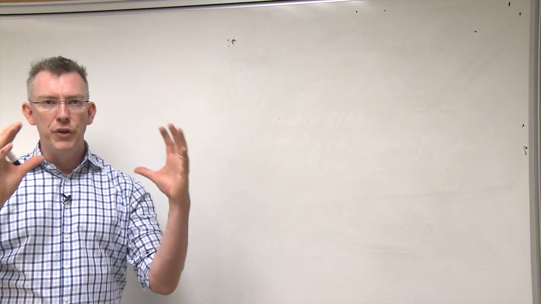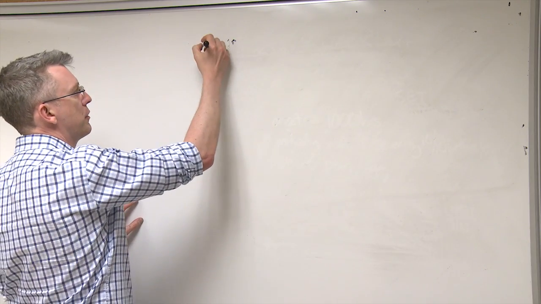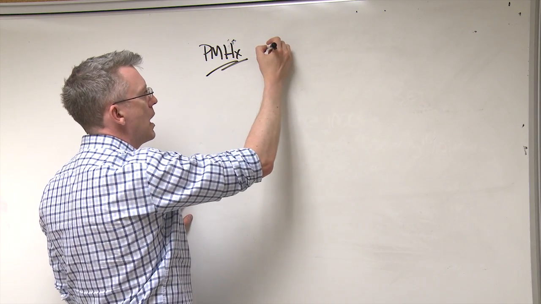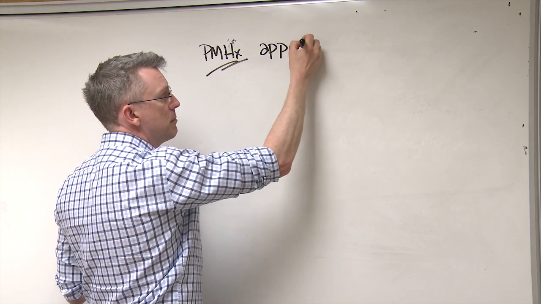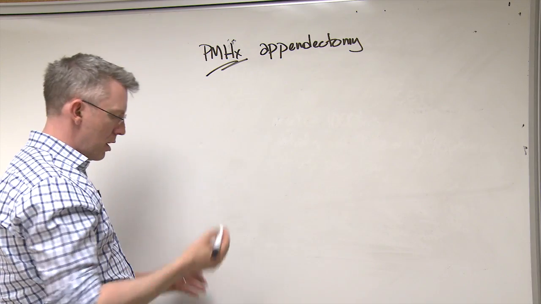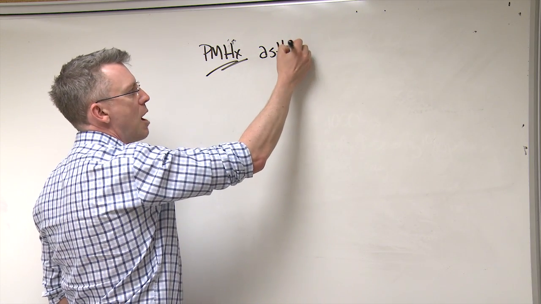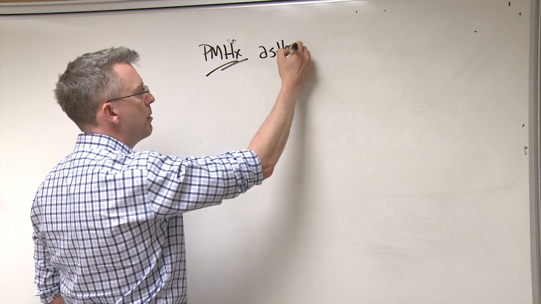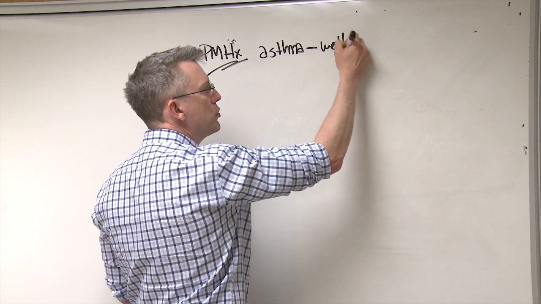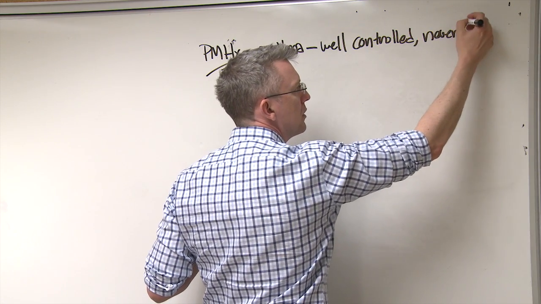So once you've told the story about the history of presenting illness, then you still have to set the picture for the patient's full background health. So past medical history, and describe what it is. Maybe she had an appendectomy, and you put down the year, or maybe there's not much, or maybe she's got asthma, and it's good to put some sort of commentary. So if it's asthma, you should put down some context around that. So if it's well-controlled, never hospitalized,